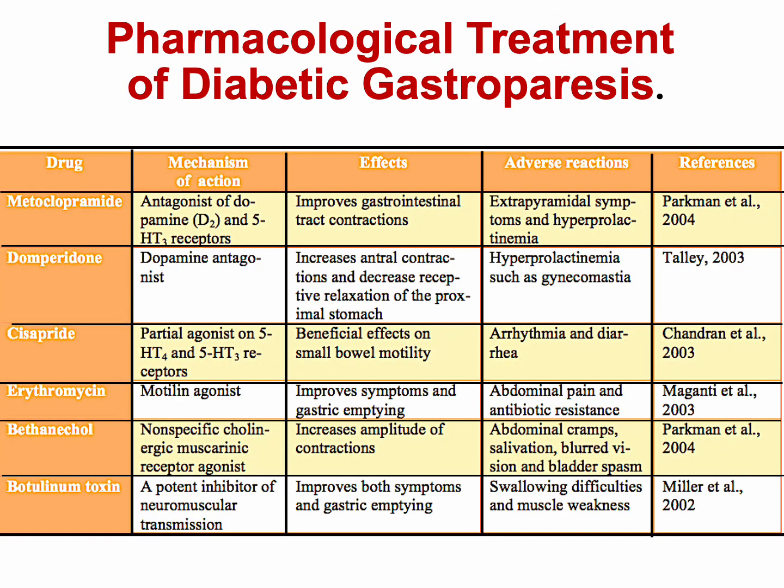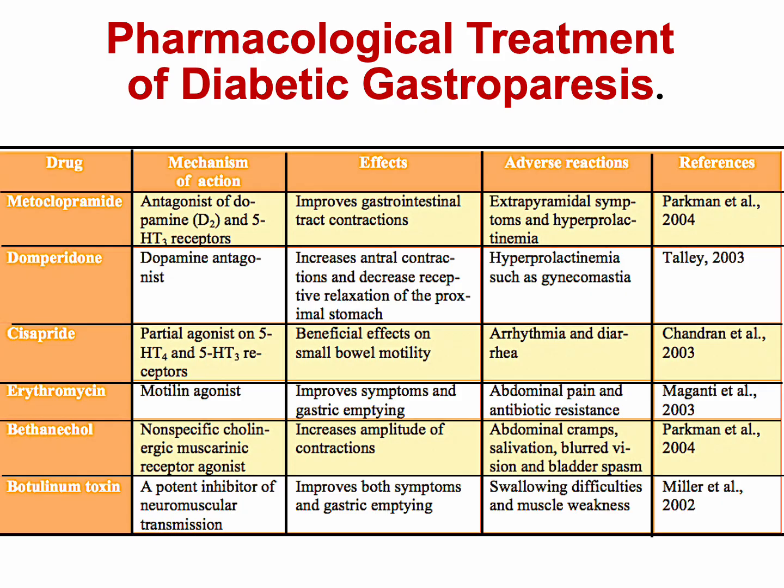Pharmacologic treatments for diabetic gastroparesis aim to improve gastric emptying and relieve symptoms. Erythromycin stimulates motility but may lose effectiveness and has cardiac risk. Bethanechol is a backup option with side effects like cramping and low blood pressure. Botulinum toxin injection into the pylorus can offer temporary relief in severe